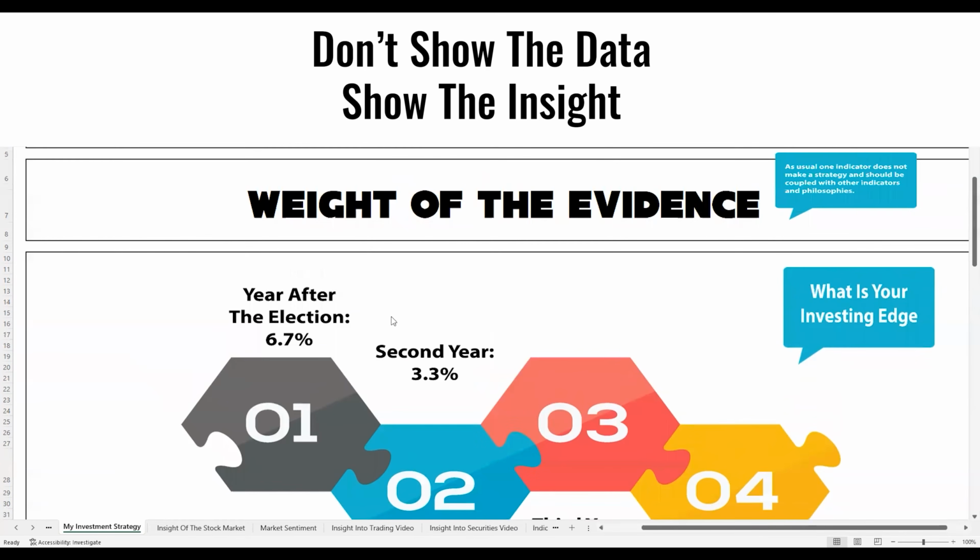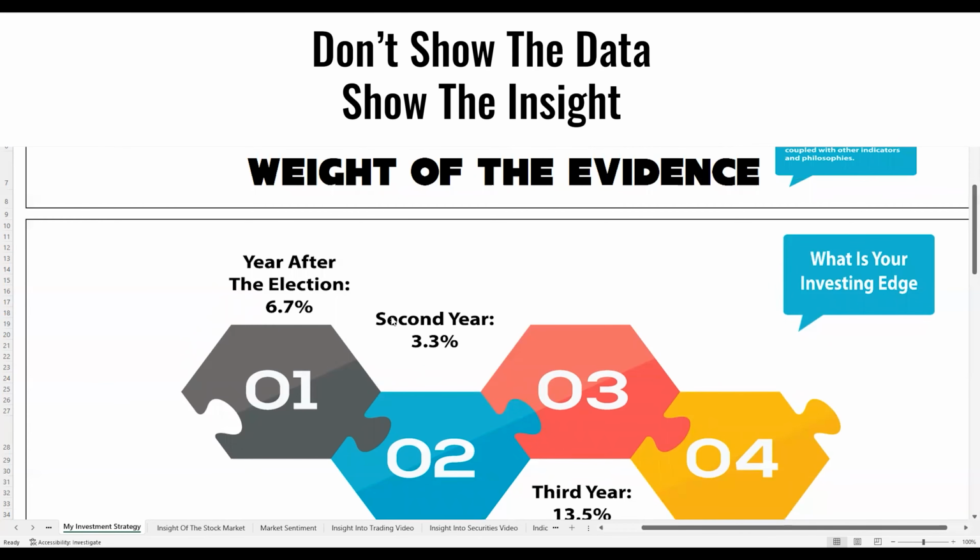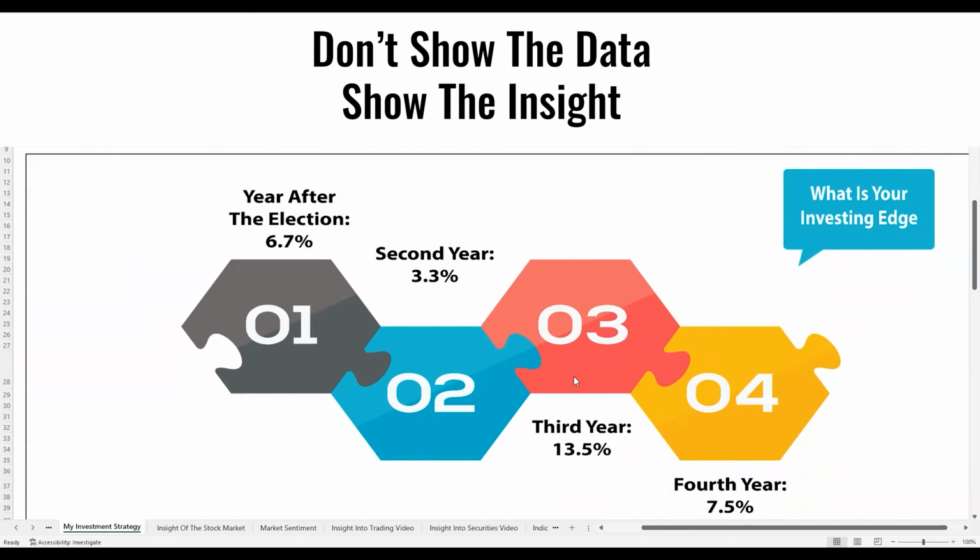So if we break it down into every 4 years in a pattern, any president, specifically the Democratic, not that it makes a difference Republicans or Democratic to this system, but the year after the election, usually the stock market has lower effects. And then the second year, even lower numbers. The third year, it jumps up, going into the fourth year when the new president or the incumbent-elect is elected.